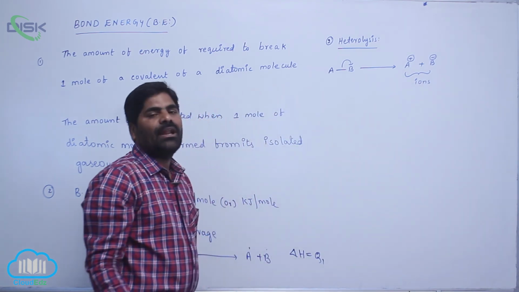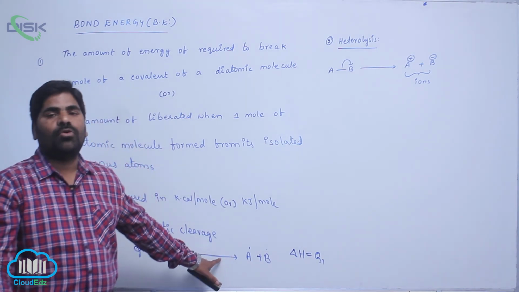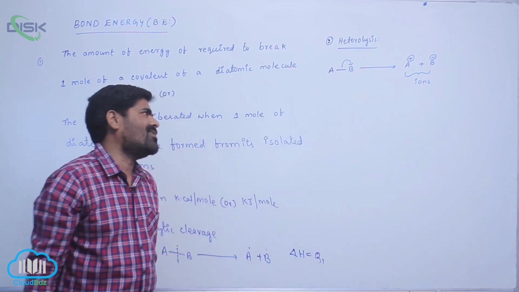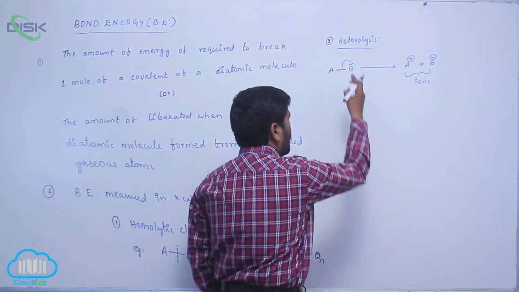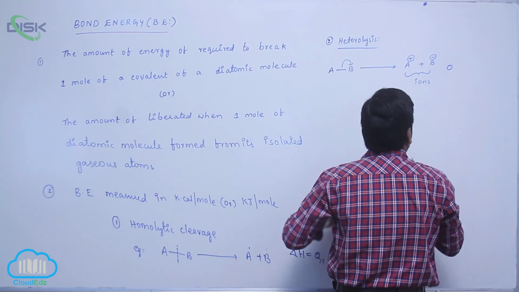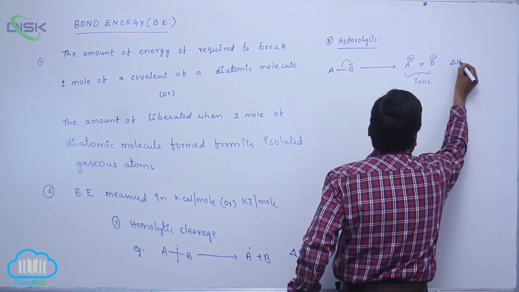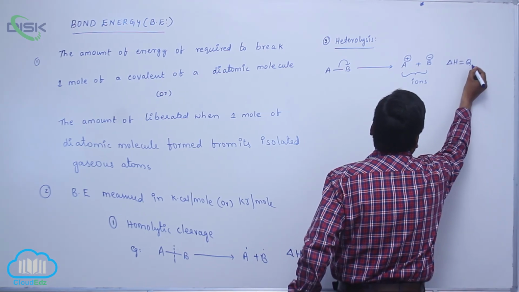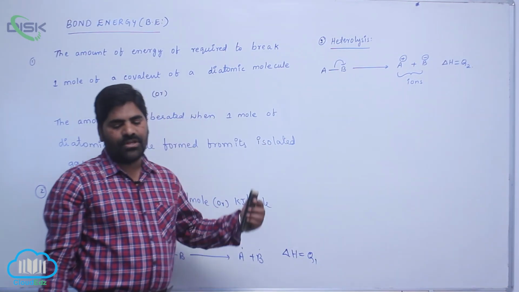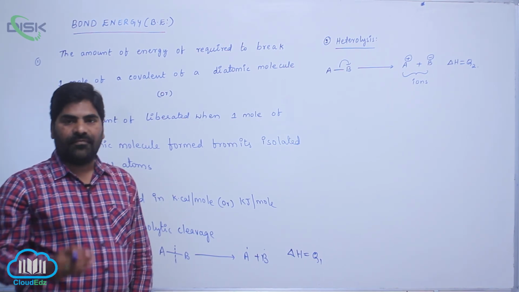So unsymmetrical cleavage of a covalent bond. Symmetrical cleavage is homolytic cleavage. Unsymmetrical cleavage of a covalent bond is which one? Heterolysis. So here delta H equals Q2. When we compare the bond energies of these two,